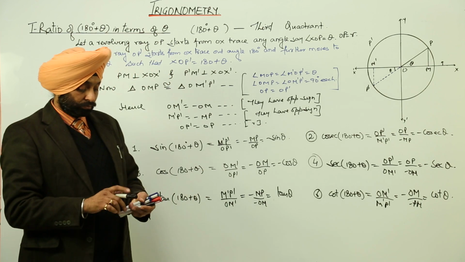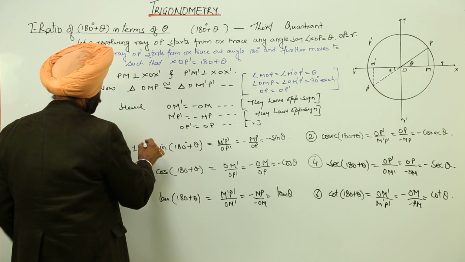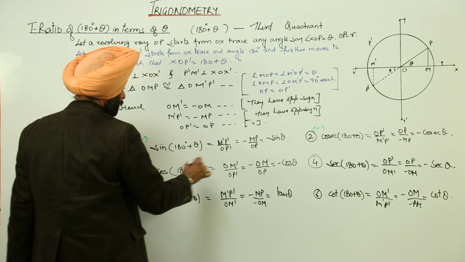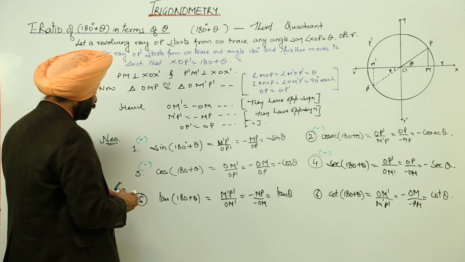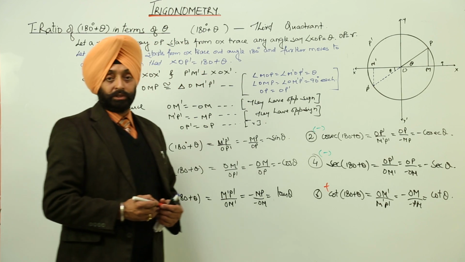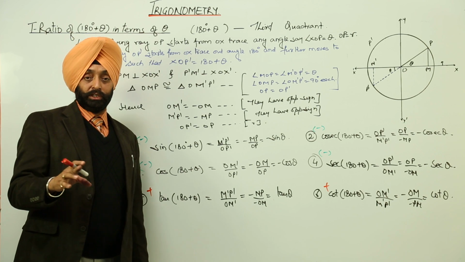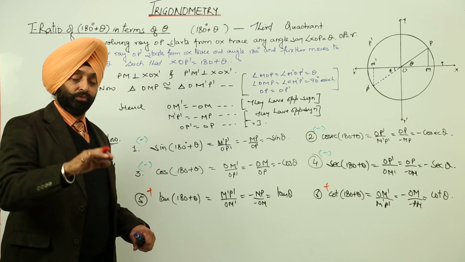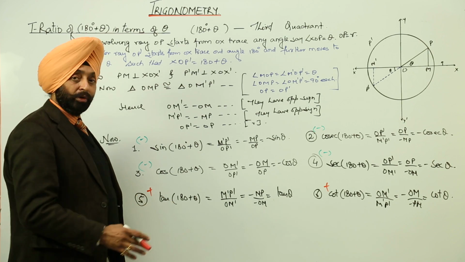Okay. So what did we get? Here we get the result for this is negative, for this is negative, for this is negative, for this is negative. So the first 4 are negative, and which are positive? Tan 180 plus theta and cot 180 plus theta. These are positive. And once again, for the supplementary angles the T ratios are not changed, only signs are changed. Okay, sin 180 plus theta becomes sin theta in the negative form. So remember, in the supplementary angles the T ratios are not changing, in the complementary angles the T ratios are